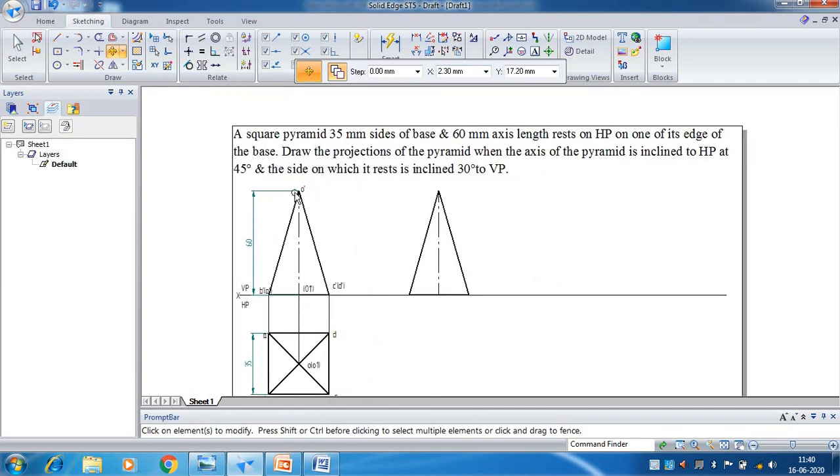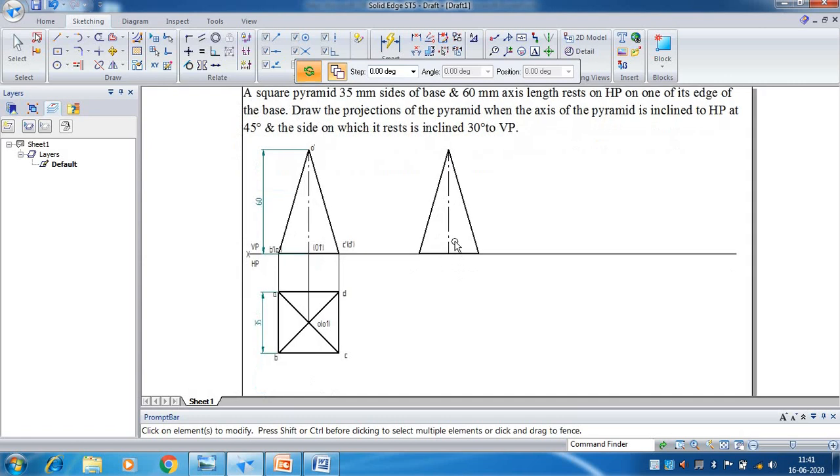Now here the angle is given for the axis line. If I give angle to this axis line by using the rotate command and hold it, it is going to cross the XY line. That is the reason why, instead of giving angle to this axis line, first you need to find out the base edge angle.